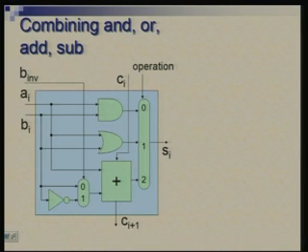So, this multiplexer now has 3 inputs, which I have labeled as 0, 1 and 2, and depending upon a control input which is labeled as operation, either we will select this or this or this. Okay. So, the inputs Ai and Bi are spread out to all these 3 components: the AND circuit, the OR circuit, and this adder cum subtractor. Of course, for the purpose of subtraction, we are having this Bi routed through this inverter and multiplexer.